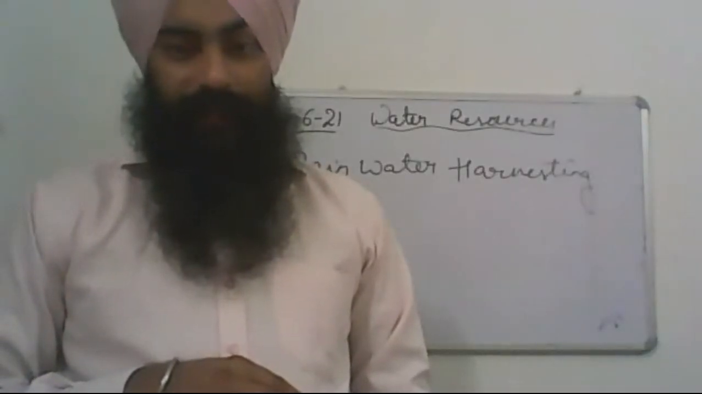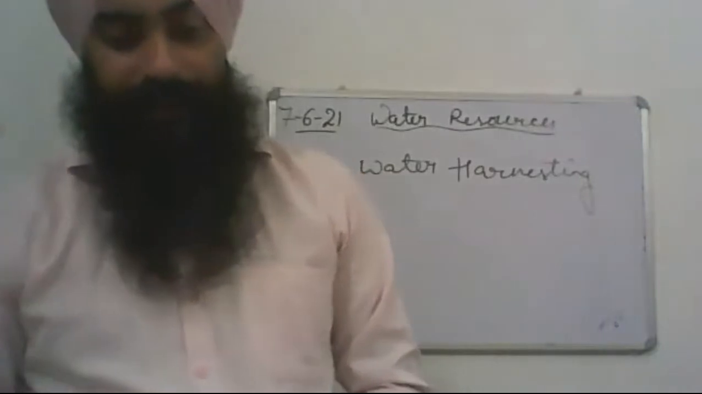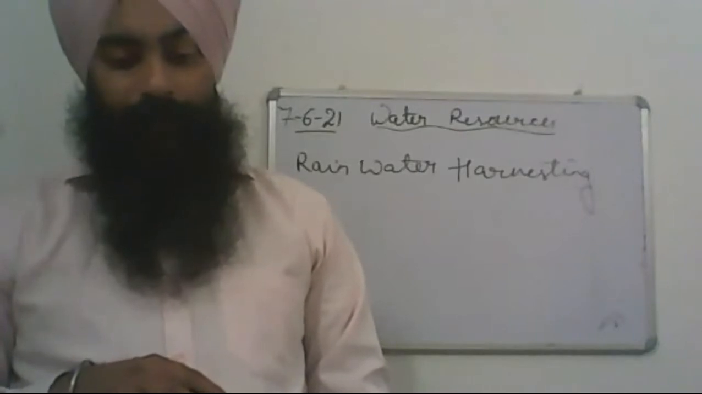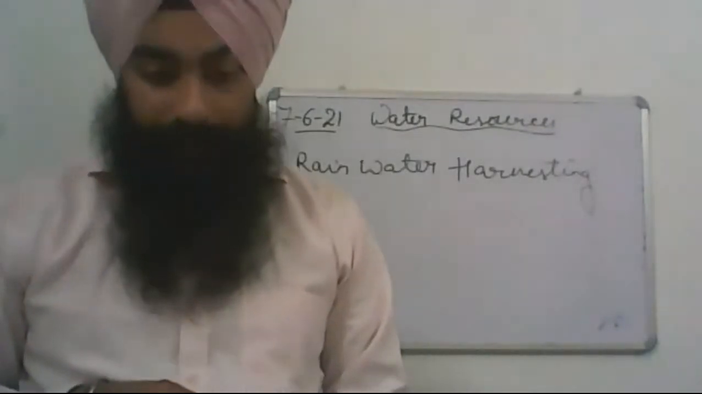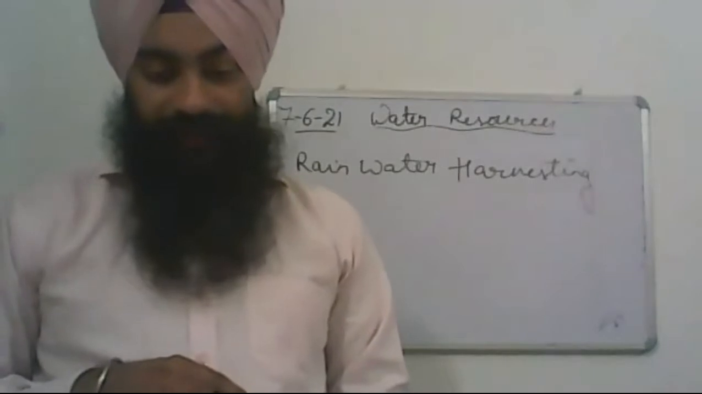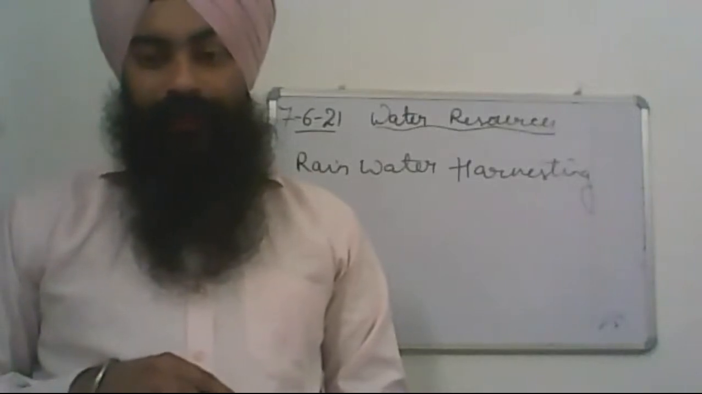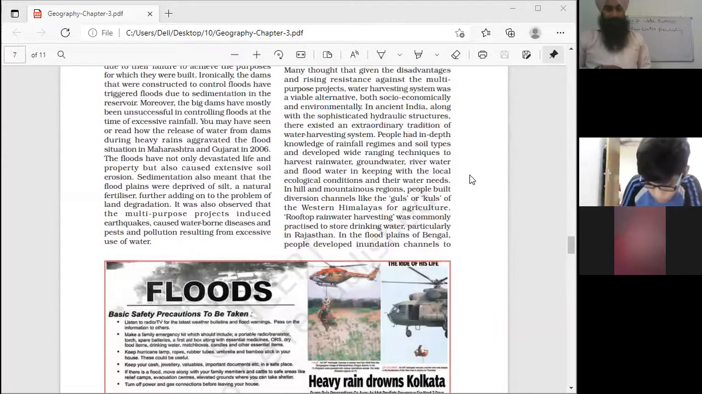Rainwater harvesting is a technique of collecting rainwater from rooftops to recharge underground water by constructing structures, dug wells, percolation pits, check dams, trenches around agricultural fields, collecting water in ponds